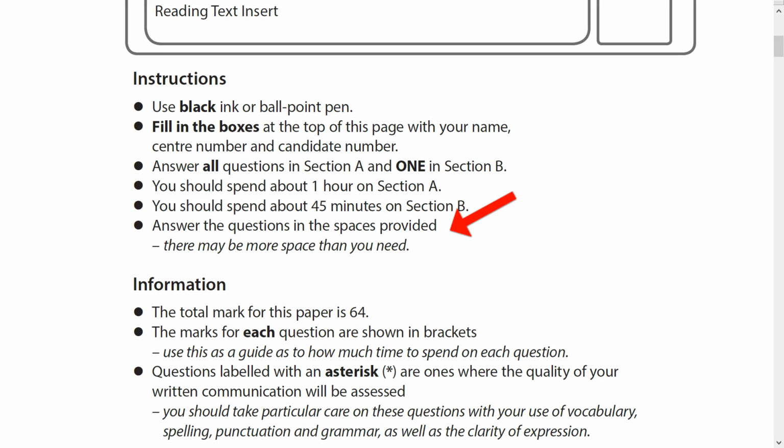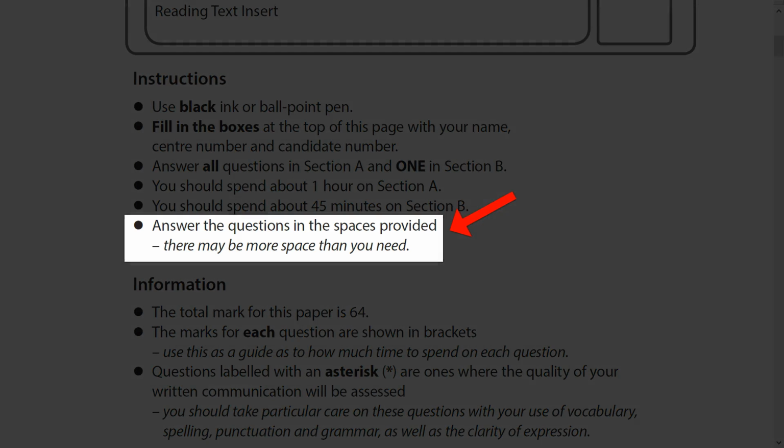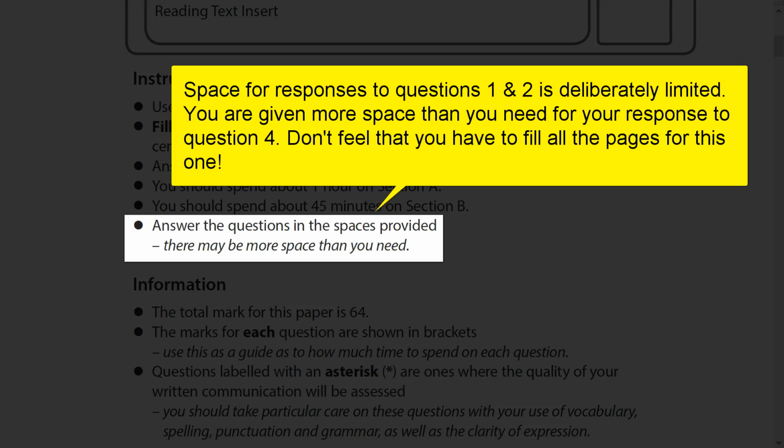task. Where it tells you to answer the questions in the spaces provided, this might seem obvious, but when we look at the questions in Section A, it's very important with those first 2 questions that you keep your answer to the space provided on the exam paper. They're short answer questions and they don't want you to be writing lots. They've deliberately restricted the amount of space you've got for your answer to prevent you wasting time on those low